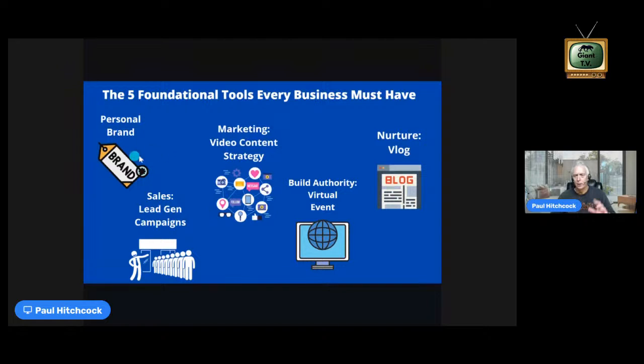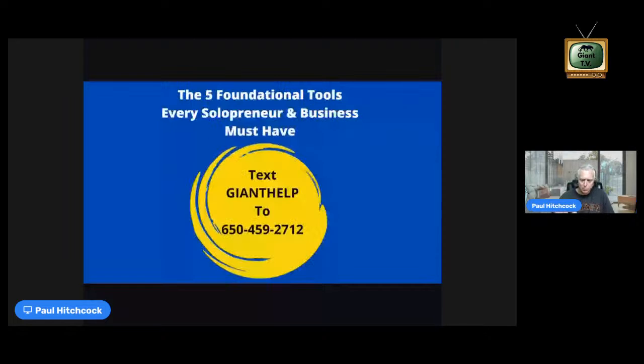And branding, another component. Got to get the personal brand right. It's your calling card. People are judging you. You're being scored on LinkedIn, your social selling index. There's a whole thing going on there with your brand. If you're not doing it right, you are irrelevant. And it's a seedling that grows the rest of your marketing. So you got to have that going on. The nurture vlog, this is your email I mentioned, email going out. It's a vlog video. And then you build authority with your virtual event. This is your authority event, engage, build authority. These are the 5 tools. Foundation, got to have these in place.